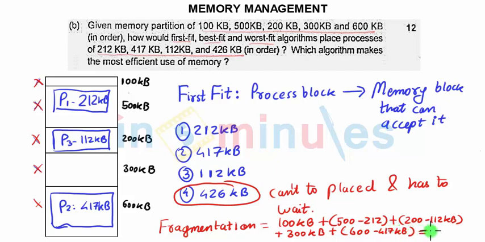So the total fragmentation which we will be facing due to this would be 1383 KB, or you can say available. I am considering entire fragmentation, that is external as well as internal. Going for the next option,